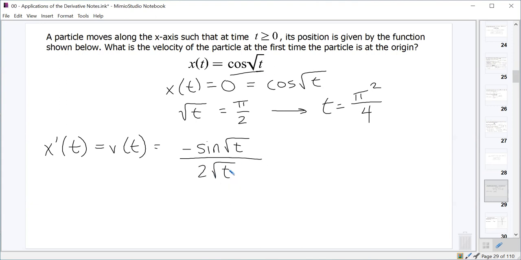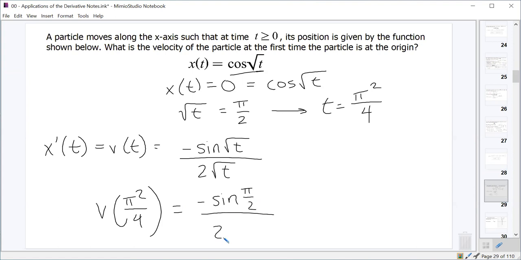And if we evaluate that at pi squared over 4, we ought to get negative sine of root pi squared over 4, which is just pi over 2, divided by 2 times root of pi squared over 4, which is again just pi over 2, leaving us with negative 1 over